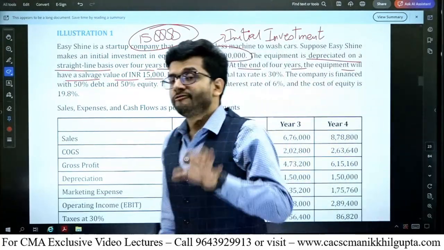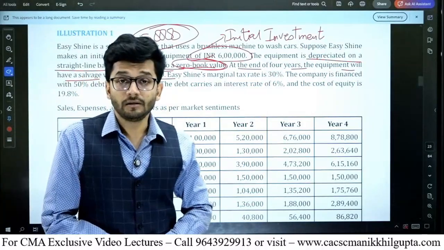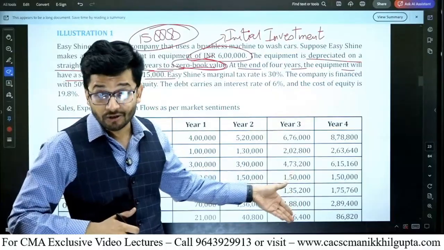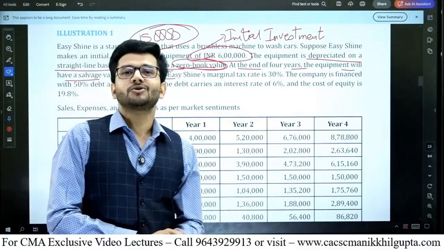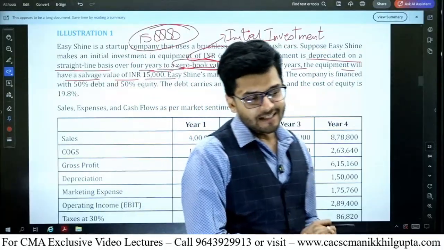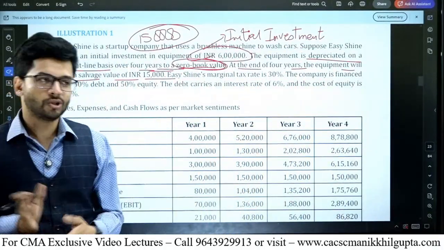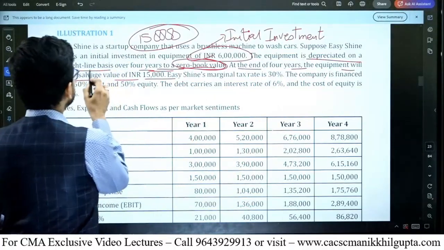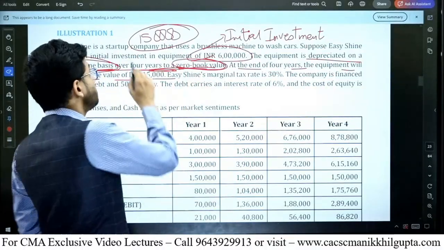It's an indication that for calculating depreciation, you have to take zero value. But while you are analyzing your cash flows from this machine, which we'll do in this particular question, while analyzing the cash flow, you will have to take the salvage value of 15,000 rupees. So yes, this is a point of confusion, but please don't get confused in the examination also. If both the things come together, then please bifurcate both of them. It's clearly said that the depreciation is to be done on a straight line basis with zero book value, which means depreciation is